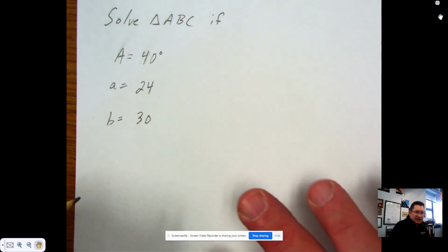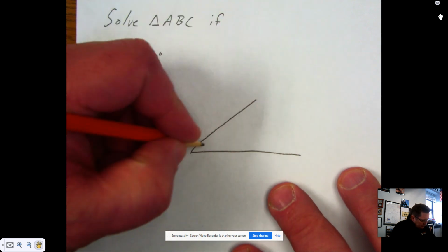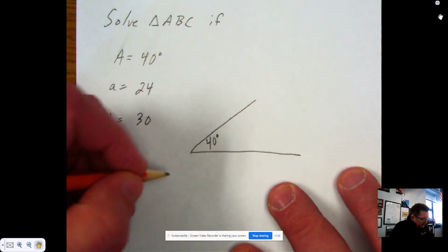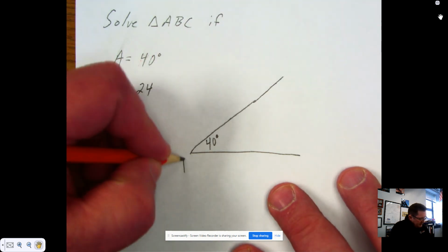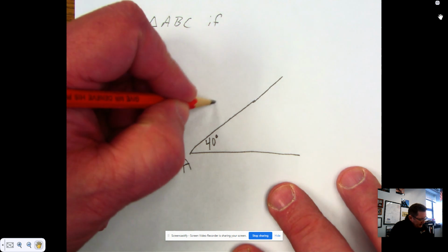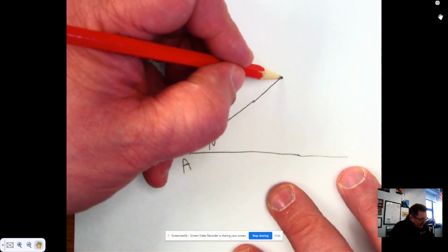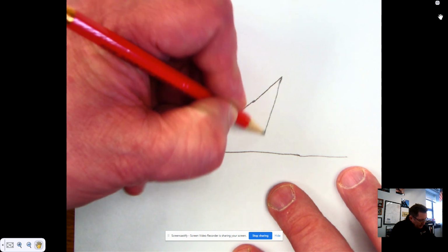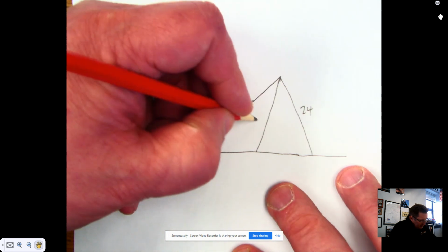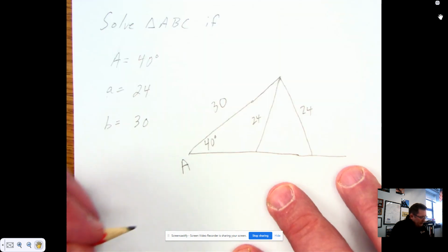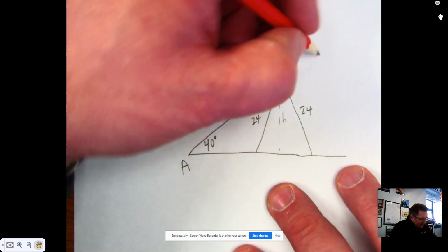We're going to do this one down here. And so we have a 40-degree angle. You might notice that I'm drawing it the same way every time. And we have, this is A, side B is 30, and side A is 24, which is less than 30. And so what we're saying here is that either one of these could be side A, because if I did calculate this height, this B sine A,